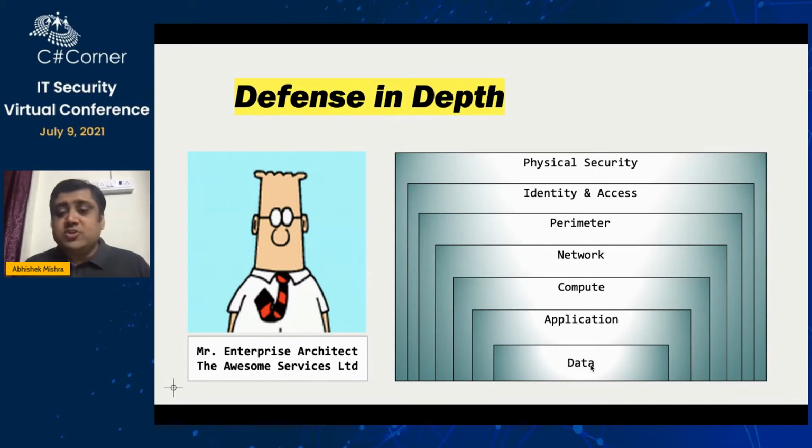Okay, so on top of the data is the application. We need to secure our application, and there are different ways we can secure it. Let's talk about a web app. I'm hosting my application on the web app. To secure my web app, I can enable single sign-on and only allow authenticated users. So I need to take care of all those things when I'm talking about the application layer or the data inside the application. Then comes the next thing, that is the compute layer. The compute layer is the layer which helps in computing my data. Suppose I have some data, right?